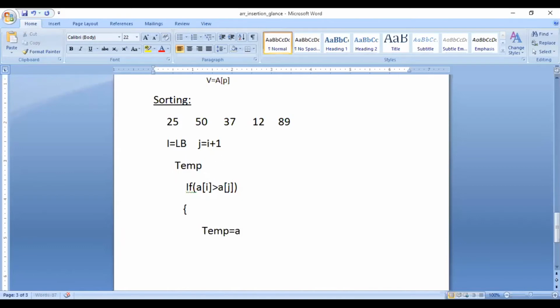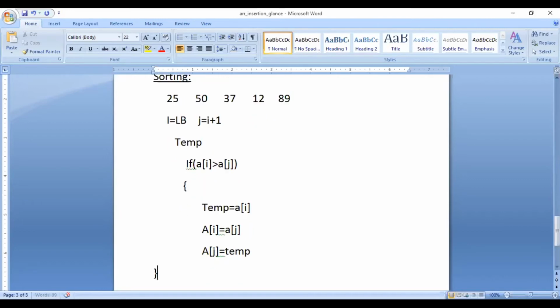So temp equal to a of i. Now a of i is empty, so a of i is equal to a of j. Now a of j is empty, so again we transfer the value of temp. Temp was what? The value of a of i. Okay, this is the process of swapping.